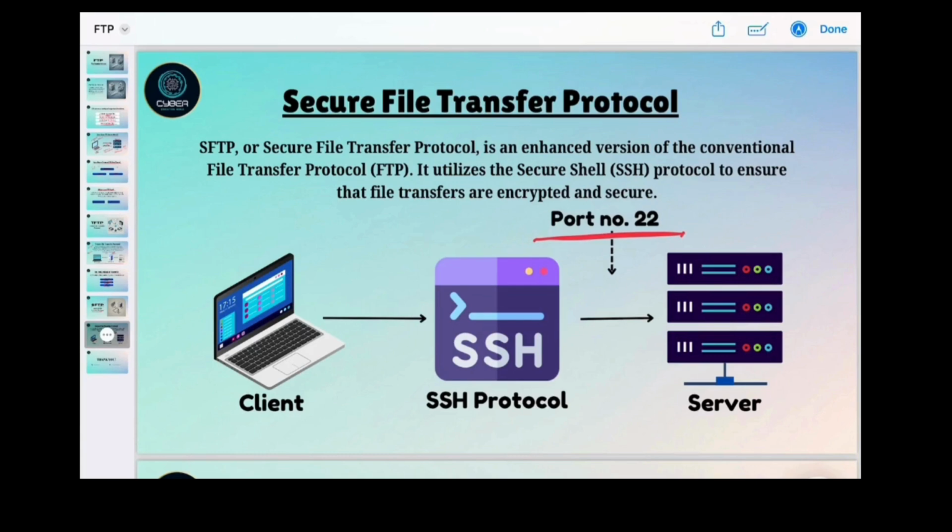This protocol has established itself as a reliable solution for secure file transfer across various sectors, including finance, healthcare,